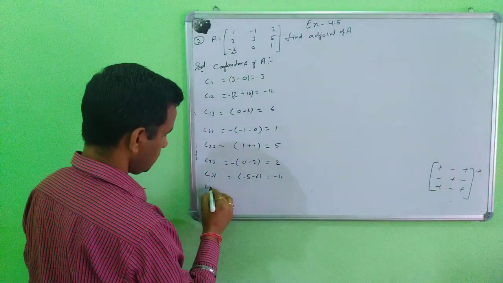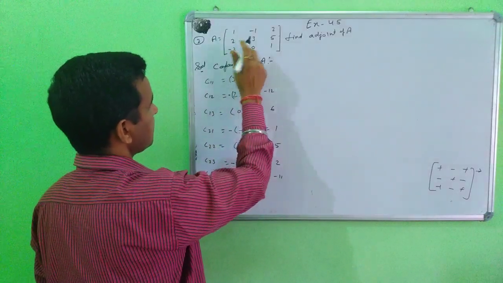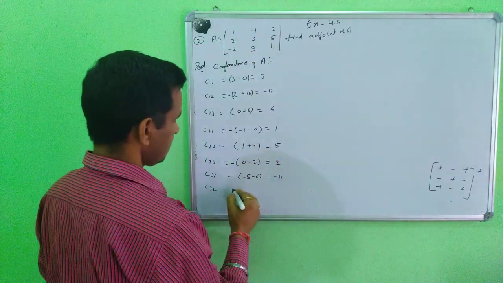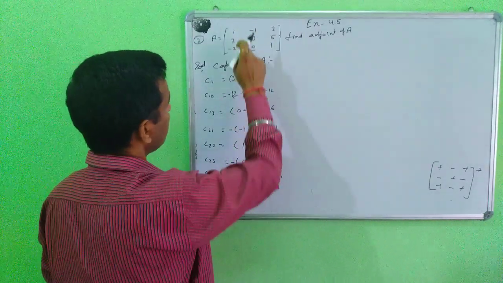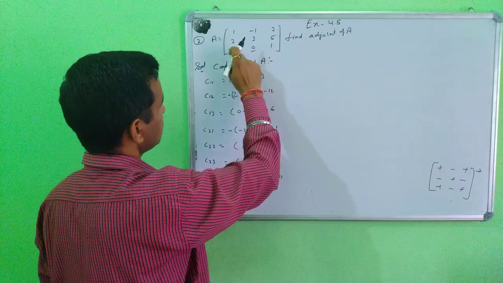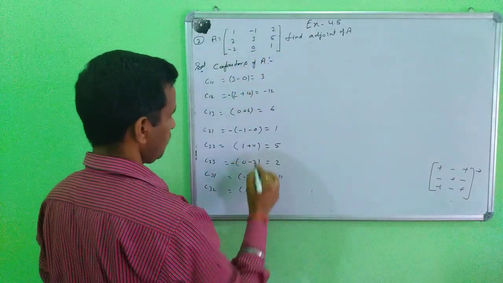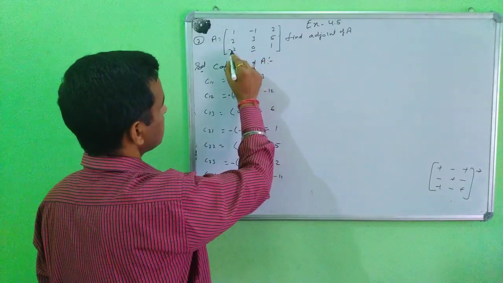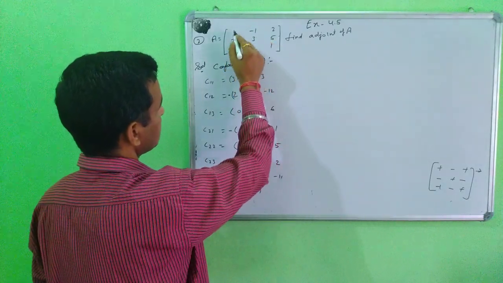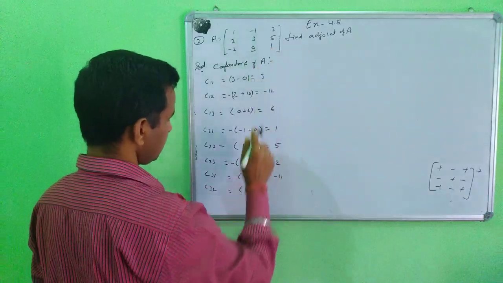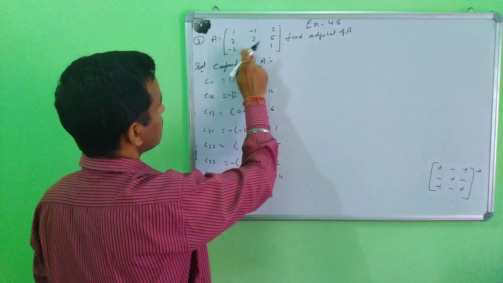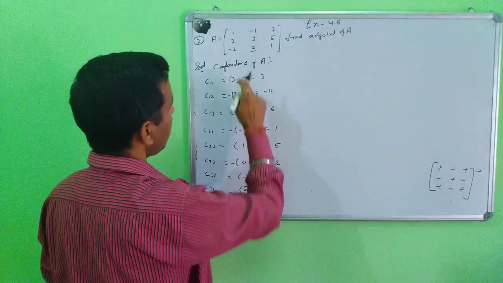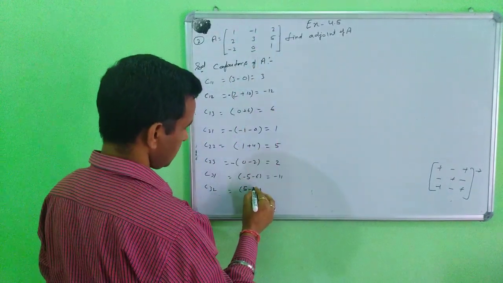And C32, this element here C32, this row and this column are hidden here. So 1 1 is 1, and 2 2 is 4, minus plus 2 is 4. This row and this column hidden, 1 5 is 5. This is a mistake here. This row and this column hidden, 1 5 is 5 and 2 is 4, minus 4 will become here.